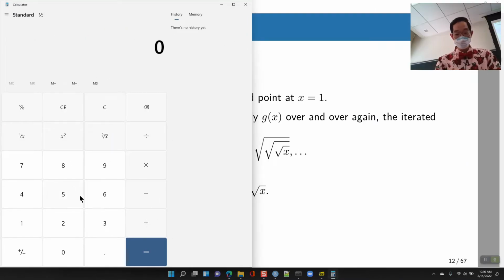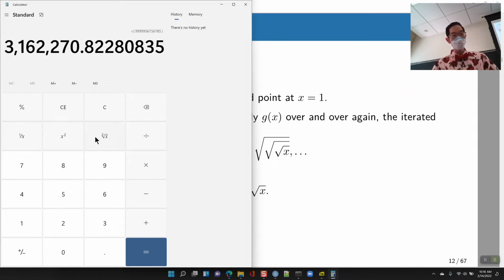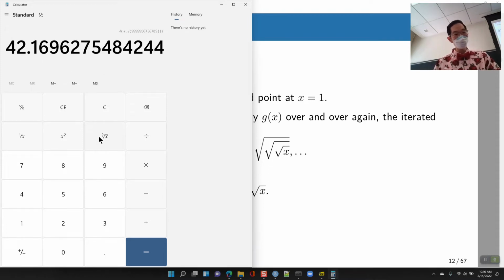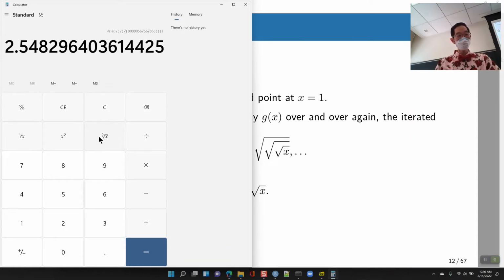It really big. Okay, so I can just type in some really big number, right? I take the square root, and this says it's 3 million something. Square root of 3 million something is 1,778. Square root of that is 42. Square root of that is 6.4. Square root of that is 2.54. Square root of that is 1.59. And then I keep applying the square root,